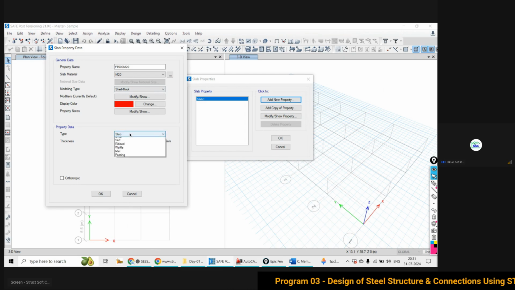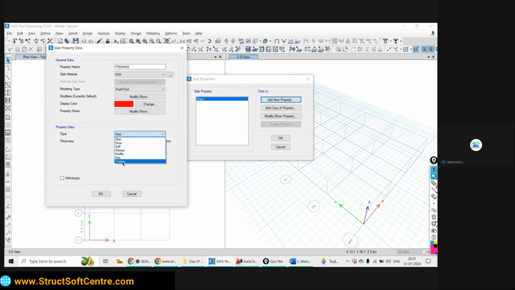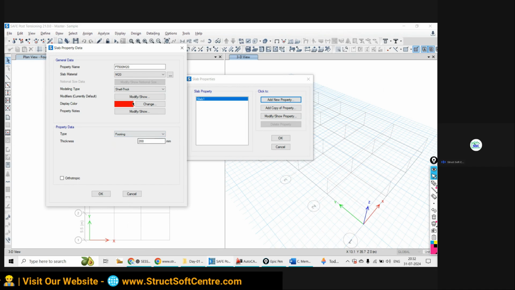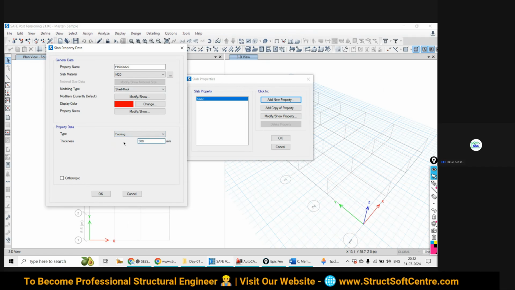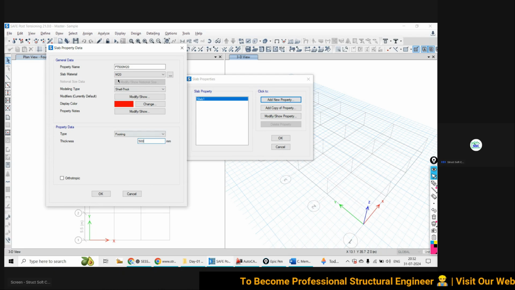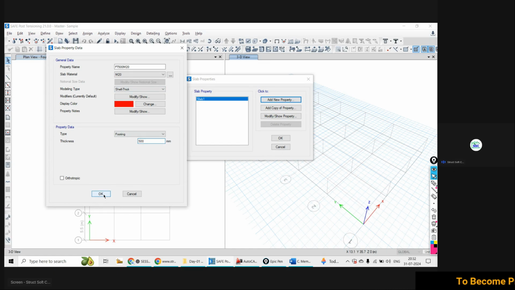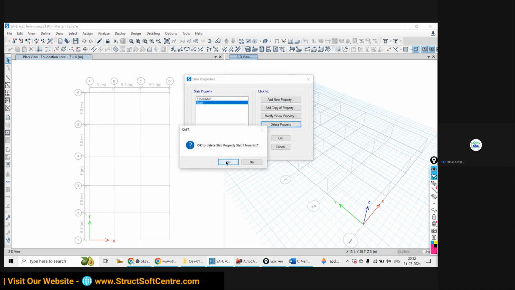And now here the footing option is slab, drop, stiffness, timely. I will explain these things also, but the responses are almost the same. So we are going to choose footing, and the thickness we have to write here first as 500. Now this is all done. Let's simply say okay. One section for the footing has been added. Now the other one I can delete, it is not needed.